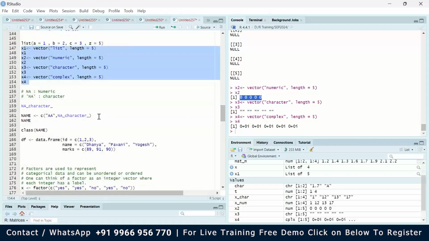Here we have 2 categories of missing values. One is numeric, that is stored with NA. The other is character, that is stored with NA underscore character underscore, or we can have blank as well. So let me show you. For example, here I'm just creating a vector name in uppercase, and I'm giving two values. One is double A, and the second I'm giving as NA underscore character underscore. So this is a way of,